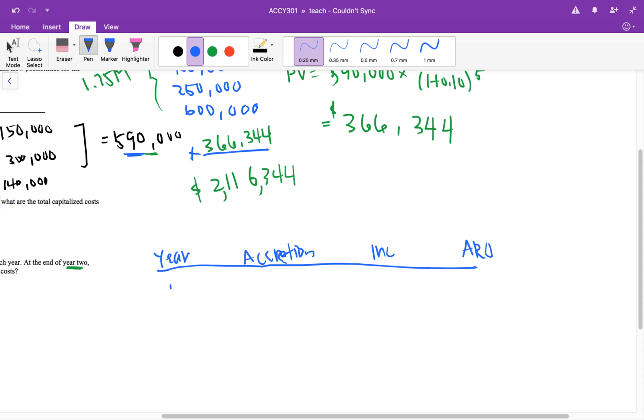So year 1, you would have 366, actually, sorry, we don't use the 500, times 0.1, and that would get around 36,634. And then when you add these two together,